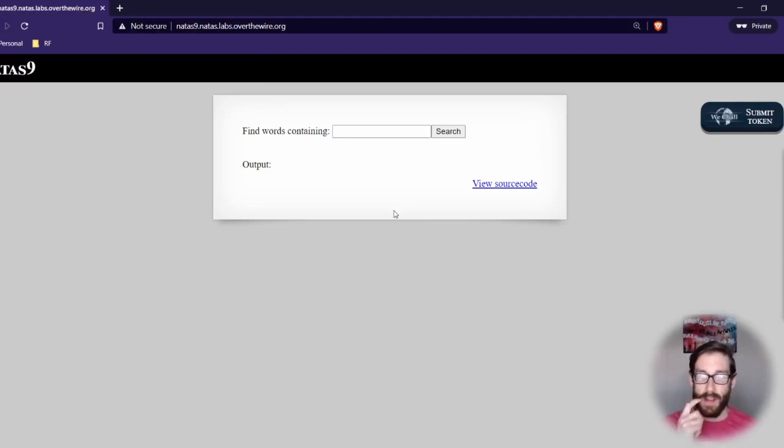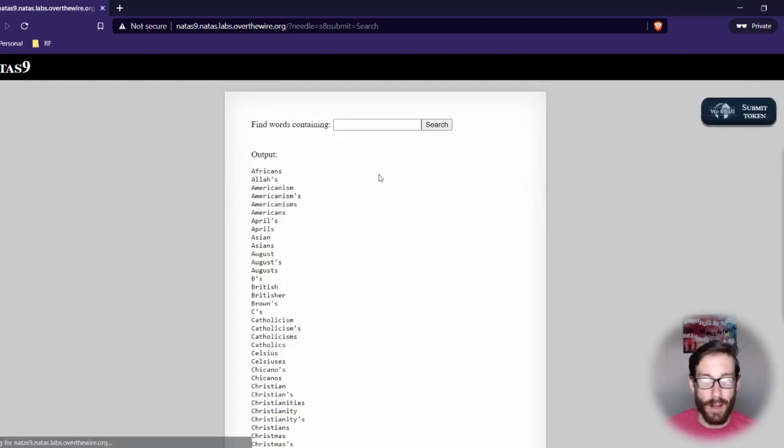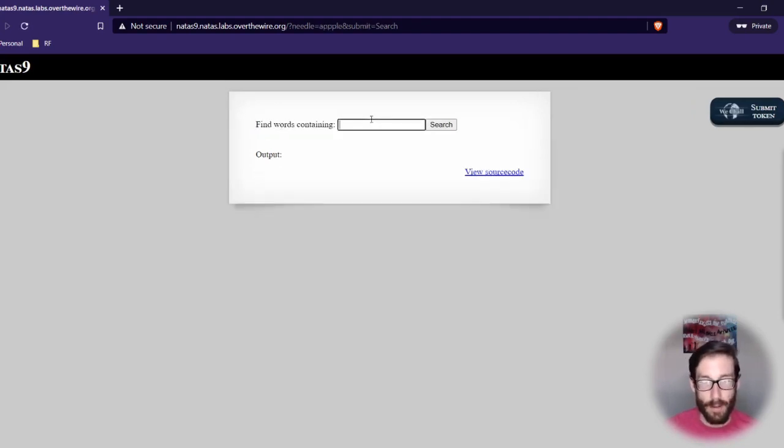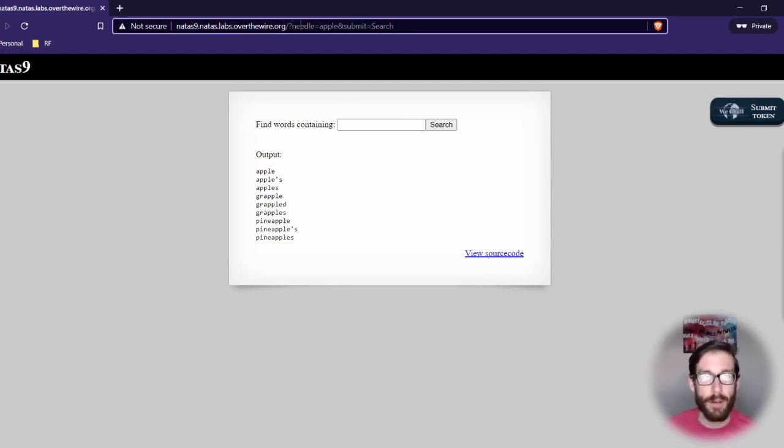Or not sadly. Anywho, here we have another situation where we have an input and some sort of output. So I'm going to put in some stuff and see what pops out. If I put an S, then I get a whole bunch of results. It looks like what's happening is anytime I put an S, it shows words with S inside of them. So if I put in apple, it's going to give me a whole bunch of stuff that includes apple inside of the word. So pineapples and grapples. It's like grappling. Anyways, you can see that's the case.